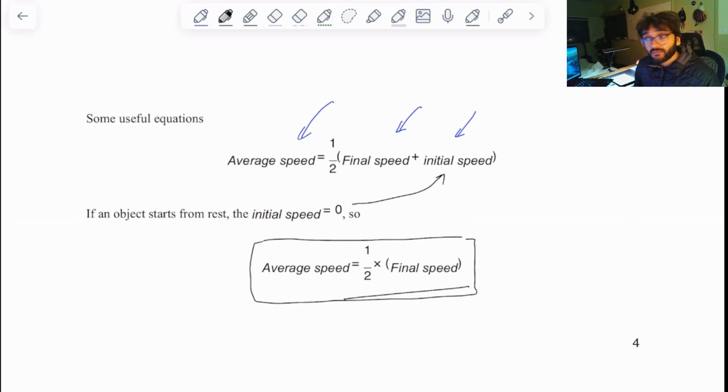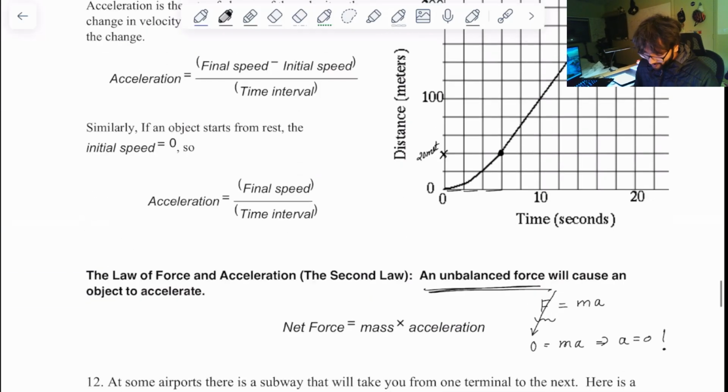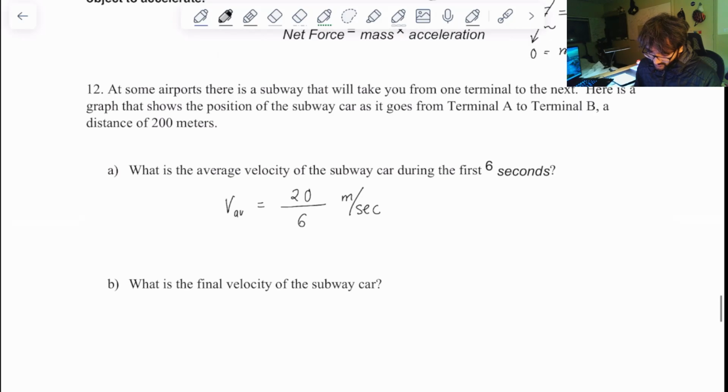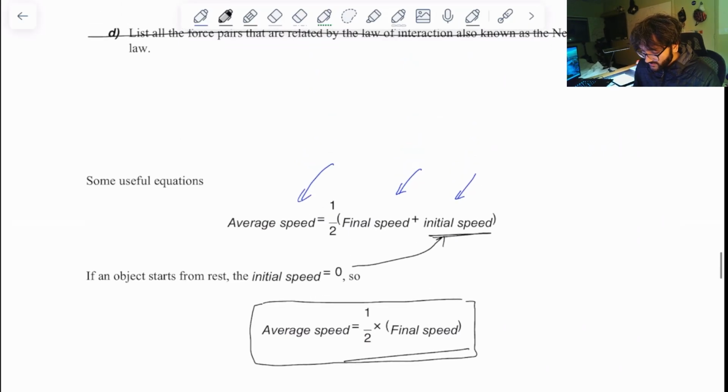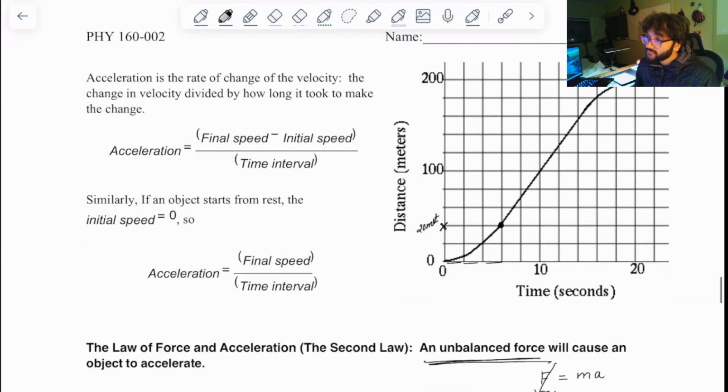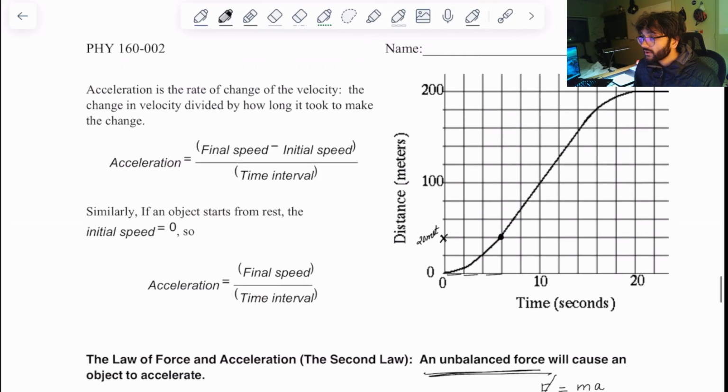And I know I'm saying velocity and I'm reading, like I'm seeing speed and I'm reading velocity, but this is also true for velocity. So average velocity is half of the final velocity. Remember, this is only true when the initial velocity is 0, which is true for this case because it tells us that the